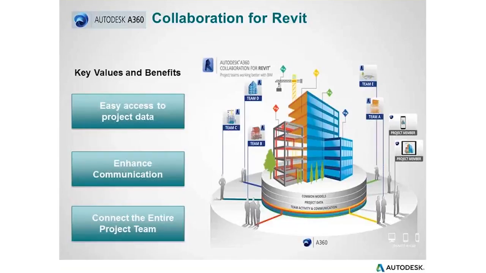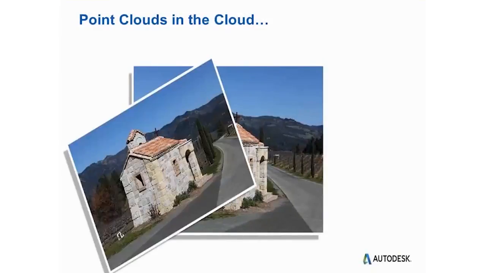So collaboration for Revit is great because, as long as you have an internet connection, you're going to put that model up in the cloud, and anybody that you want to have access to it can get to it. You can connect the entire project team. I have a good friend of mine who was in the beta group for this. He says this is just a huge game changer for them. He works for Stantec, big company, and how this is going to really revolutionize things. So if you're collaborating with other people, not all in the same building, definitely take a look at collaboration for Revit. So we're going to move on and talk about point clouds.